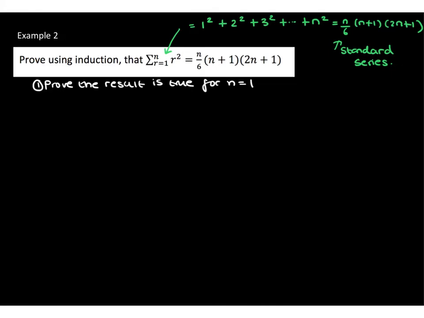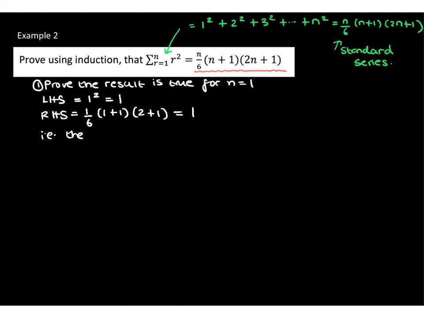So how do I do that? Well, look at the left-hand side. If n equals 1, that means we're adding together one term, which means the left-hand side is 1 squared, or 1. Now, the right-hand side, that means we want to prove that this result will give us the correct total if we add together the first square number by itself. So we simply substitute n into the right-hand side. And of course, what do we get? We get a value of 1. So this means the result is true